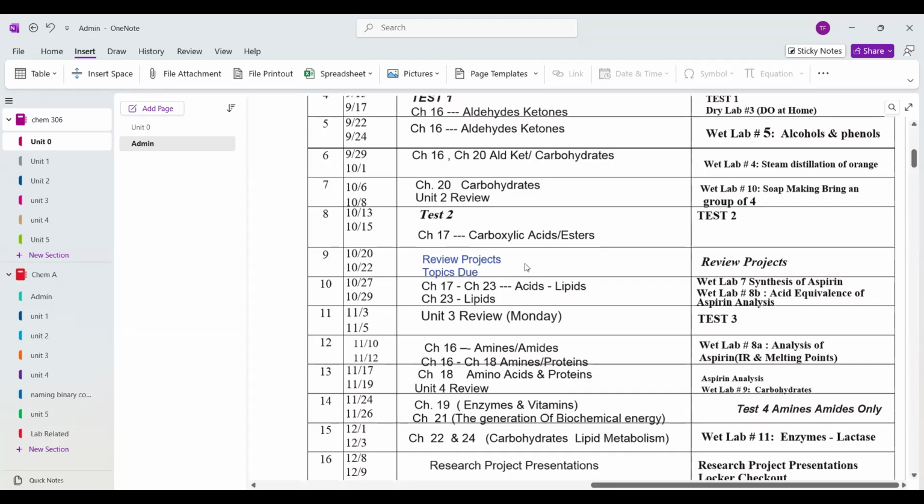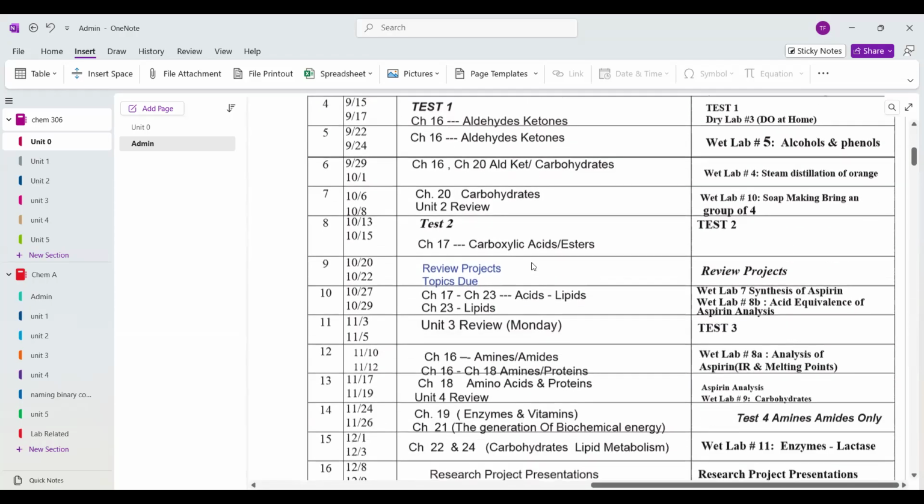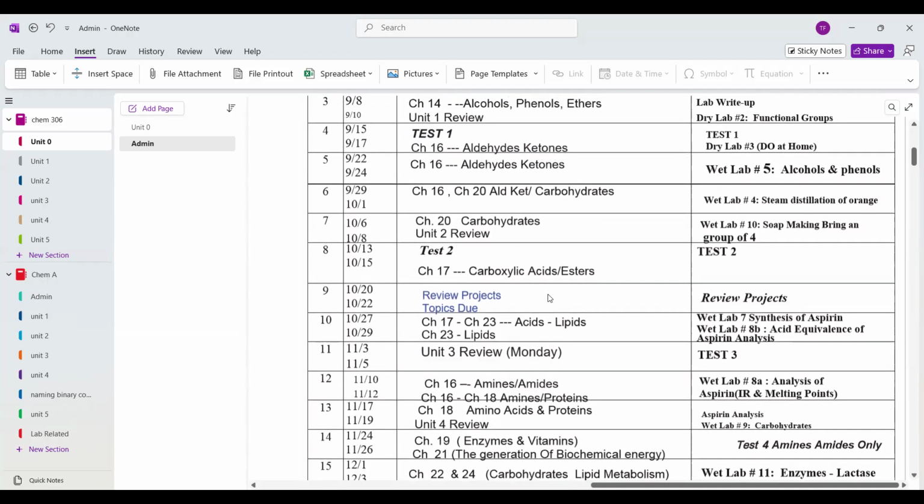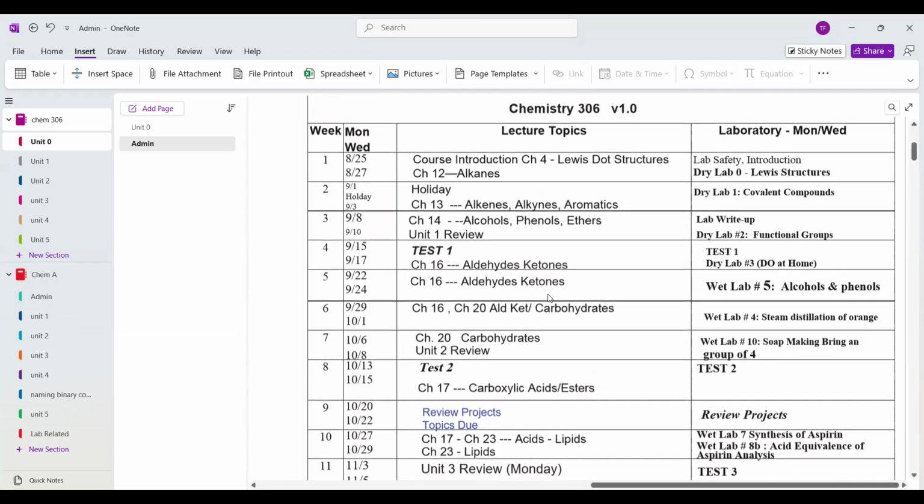You can do it before then, but those projects are going to be due. Just the subject, not the whole project. You can turn in your projects early too, by the way, but I just need the topics by then. Because I found in the past, people don't choose their topics till the last week of the semester. So I'm giving you very easy 10 points credit for it. It can be a one sentence deal, and then you can revise that. But I want you to put a stake in the ground and choose a topic.